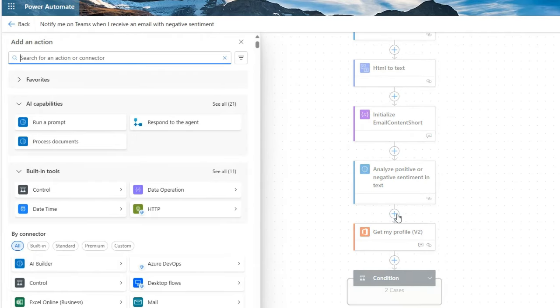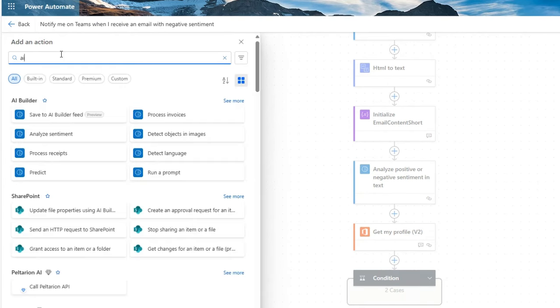Now, again, we could build on this further if we wanted to. I say there's loads of different types of AI options inside of Power Automate. So let's just take a look at some of the AI actions that we can do. So we've got things like saved AI builder feed, processing invoices, analyzing sentiment, which is what we're using here, detect